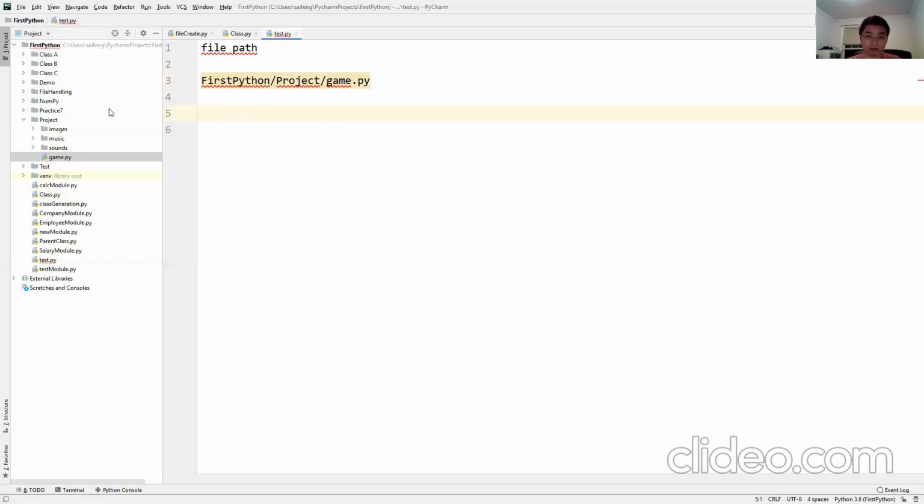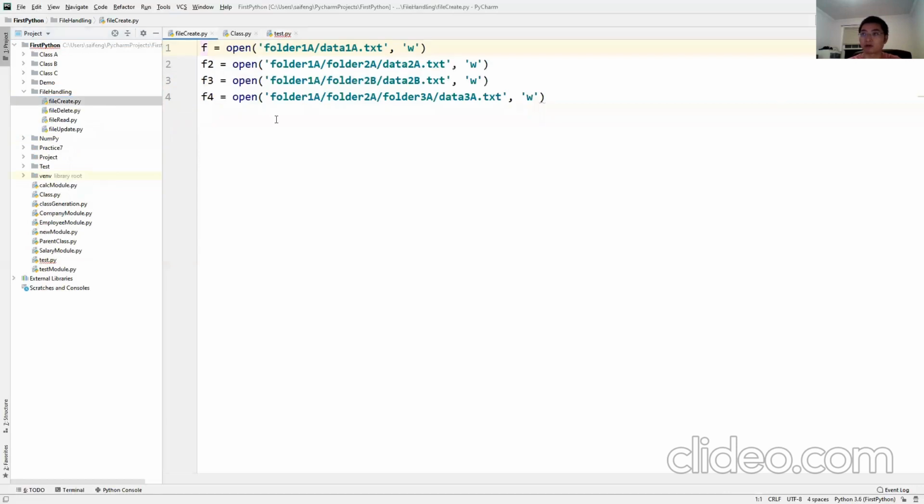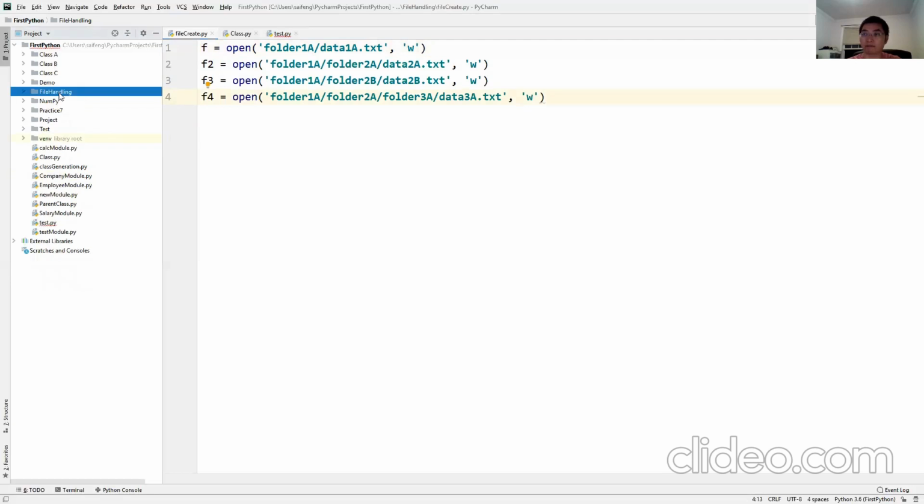Sometimes you may not start from the root folder. It depends on where the execution point is. Suppose I run the code here, and then I want to access a file which is outside my folder.